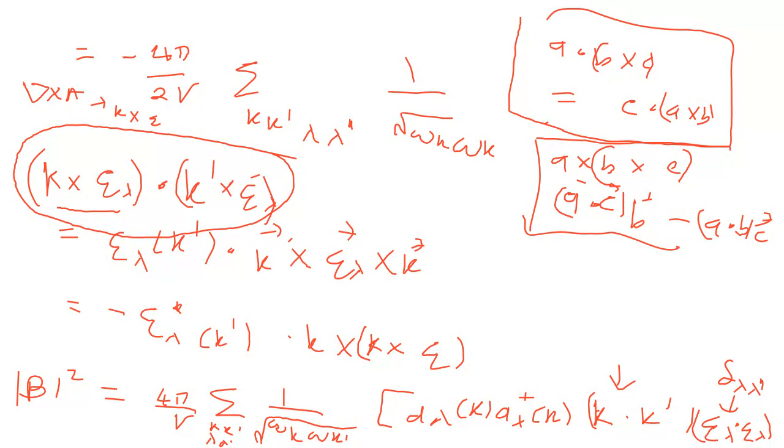Right, so as I was saying, let me just erase that. So once you put everything together and you have done the sum over the polarization vectors, what you end up with is that your radiation Hamiltonian will be given by